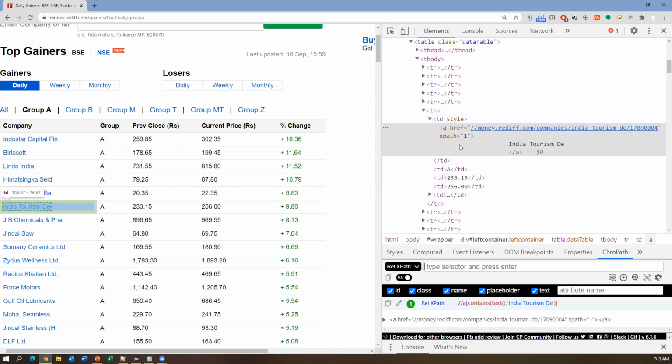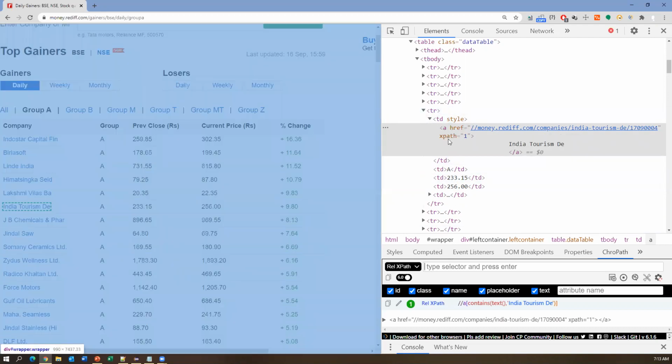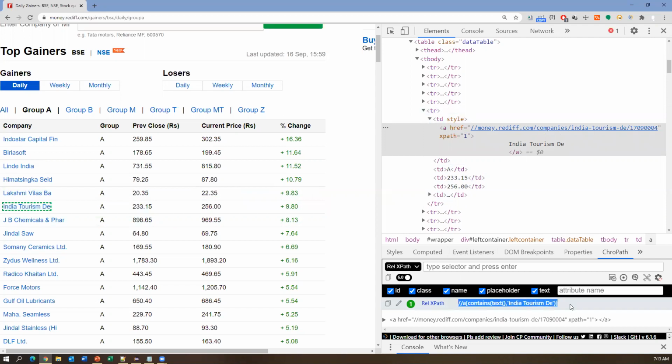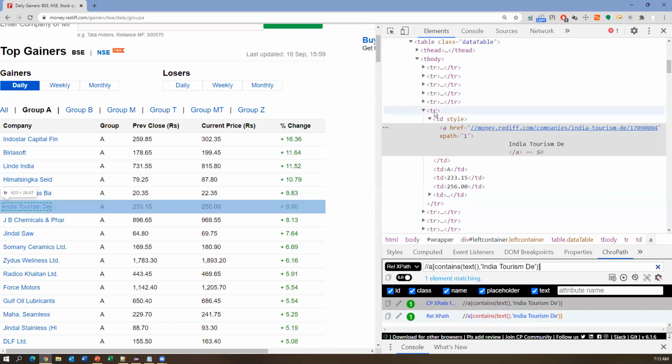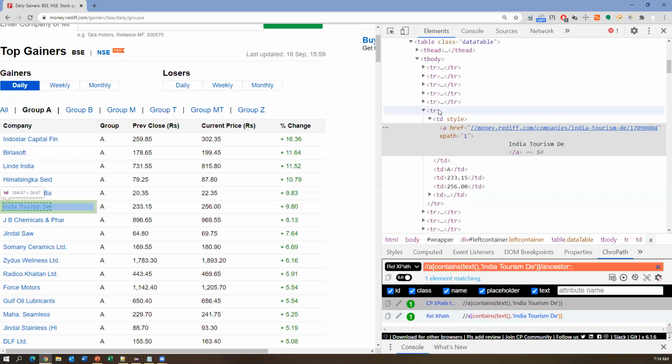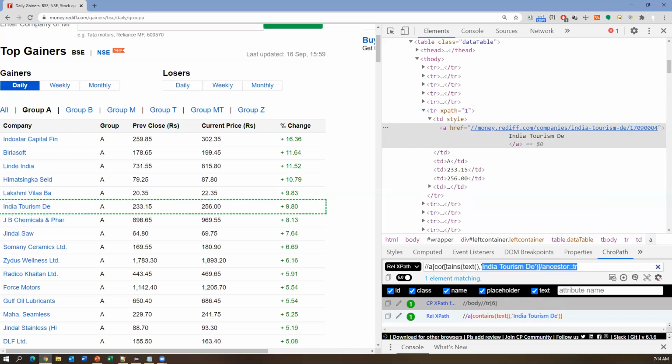From the self node, first we need to write an XPath for the self node. Let me use this one; this XPath represents the self node, the current node. From this I need to go to the ancestor, which is the TR row. So I can specify slash ancestor colon colon, then the tag name of the ancestor, TR. This locates one element, the entire row.